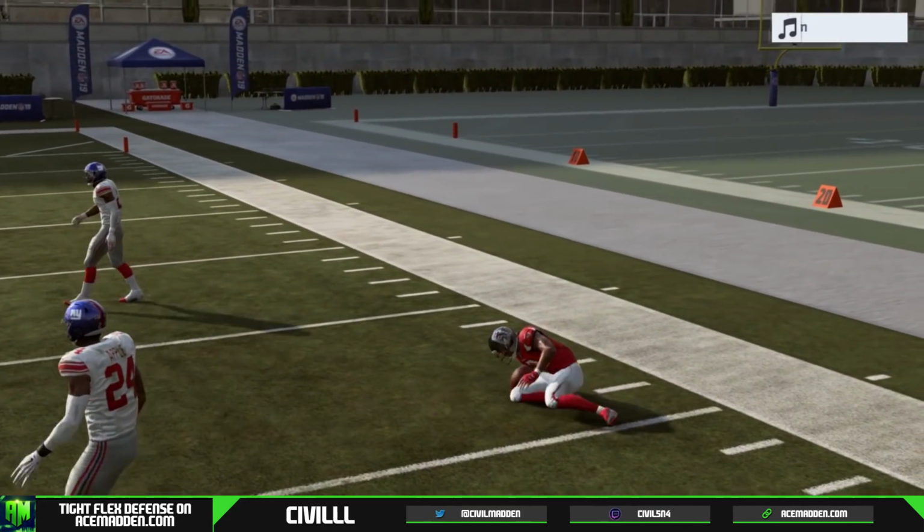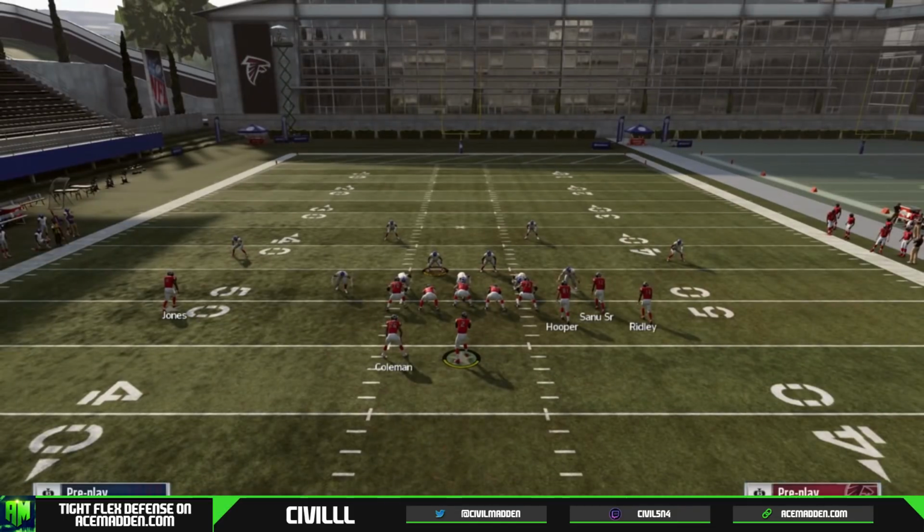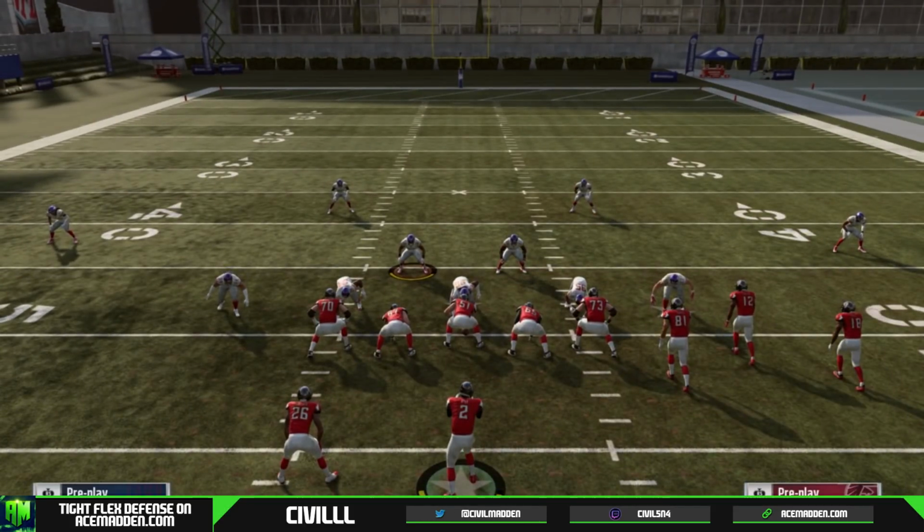And it's really just that simple. It's just being able to take your checkdowns, and sometimes it's drag, sometimes it's smoke screens, hitches. You guys get the idea. You just have to be willing to take those checkdowns, and it starts to open up those deeper routes later in the game. Now, the final thing I really want to talk about is being willing to take sacks